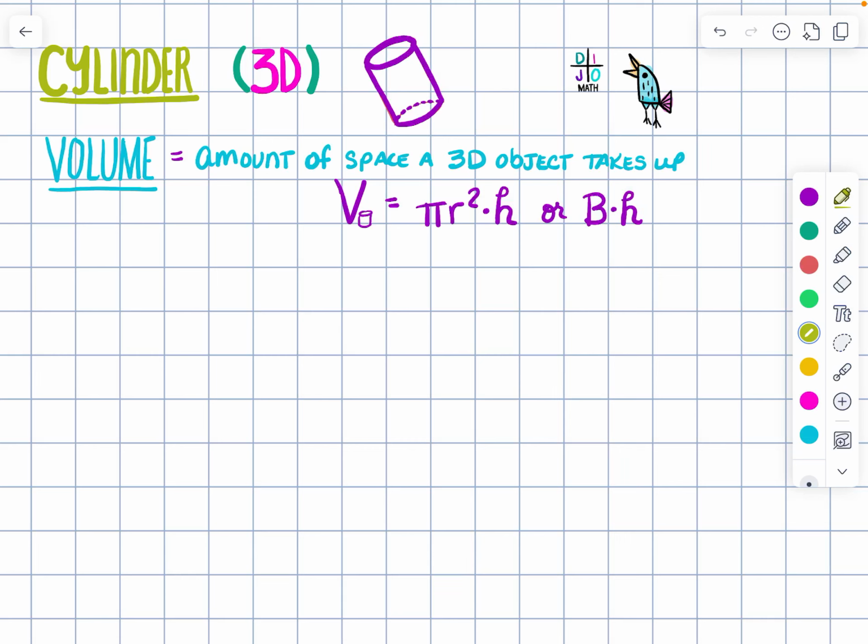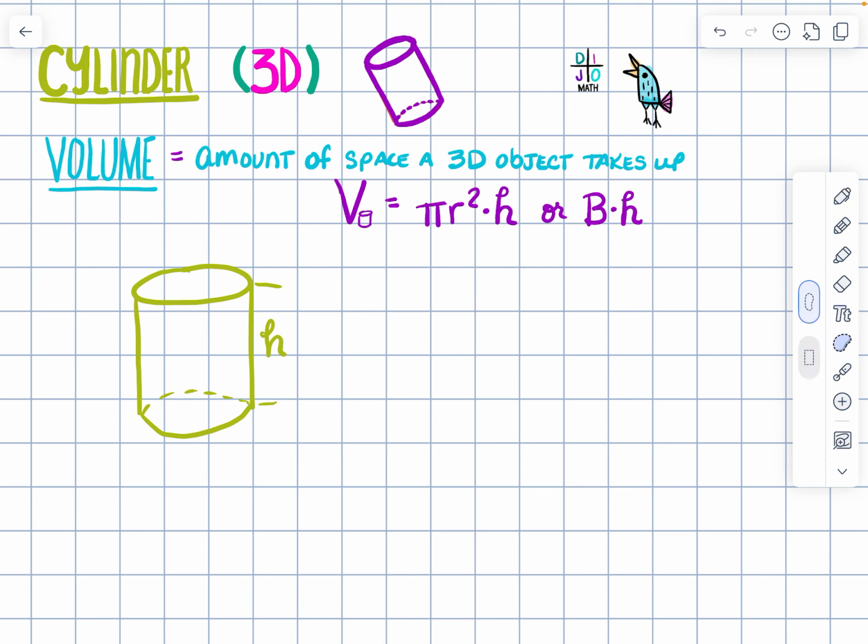When we are solving for the volume of a cylinder, there's a couple things that we need to know. One is we need to know where the base is. On a cylinder, it's always a circle, and there are two of them. So in this case, we've got a base here and a base here. They're parallel to each other. They're identical to each other. And the distance between these bases, from here to here, is going to be the height of your